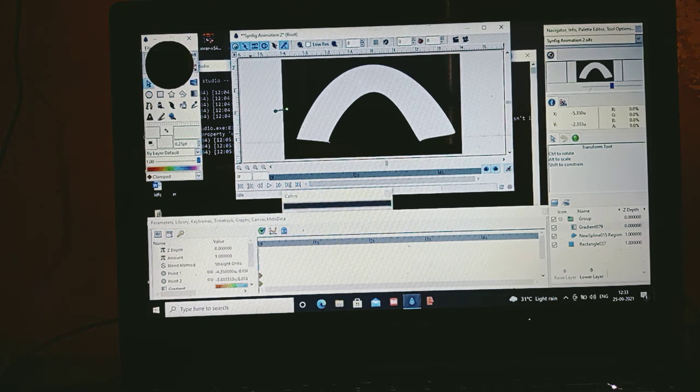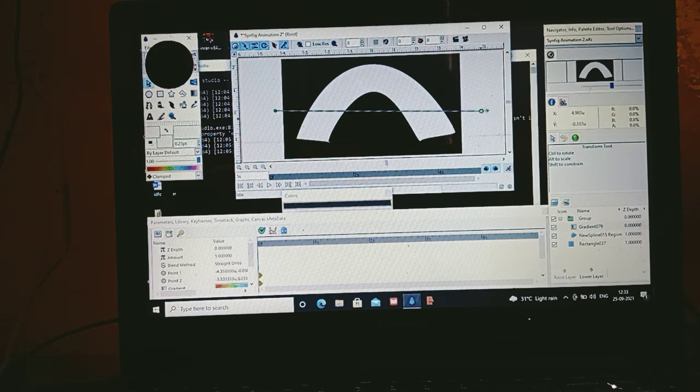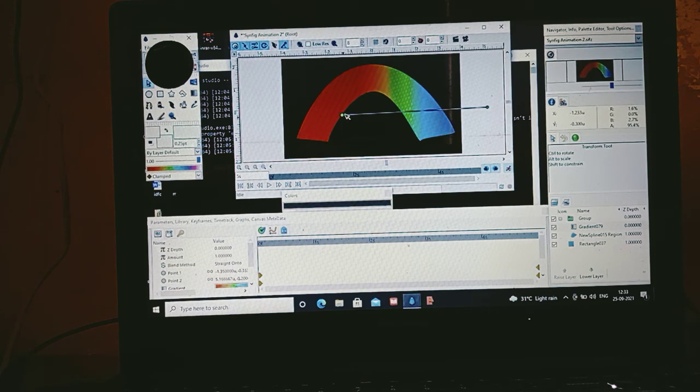Okay, now here you will click, not press, it's click, and then erase it and write 5S. It's up to you. You can keep 1 second duration also, or else directly 5S, or if you want to keep 10S, it's up to you. This means 5 seconds. In 5 seconds I want this whole thing to be with color. Now at 5S, this whole rainbow shape should be filled with colors. You have to adjust it as I told.